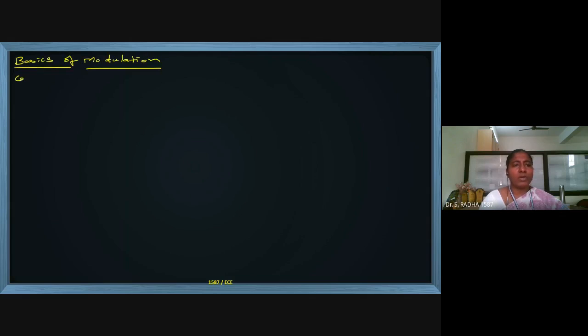So case 1: if we have an exponentially decreasing signal, which you have studied in mathematics, let the signal name be g of t, and the equation for this diagram is e power minus at u of t. The name of the signal, simply I am giving g of t.